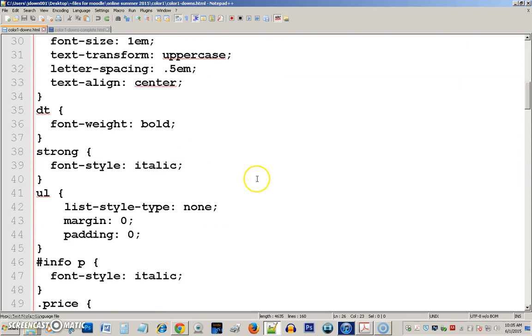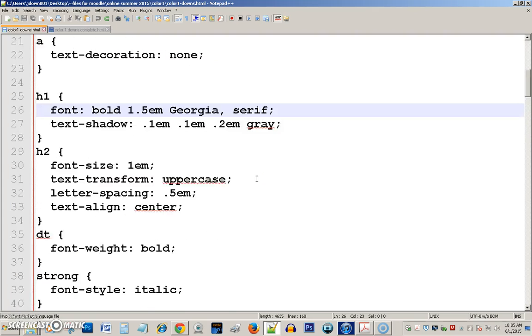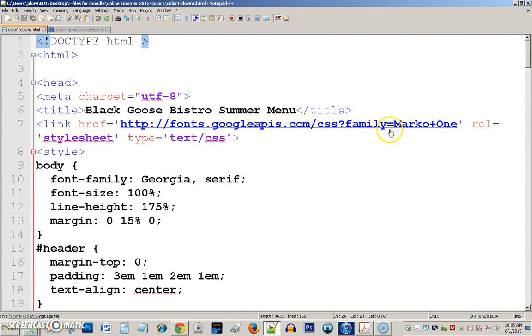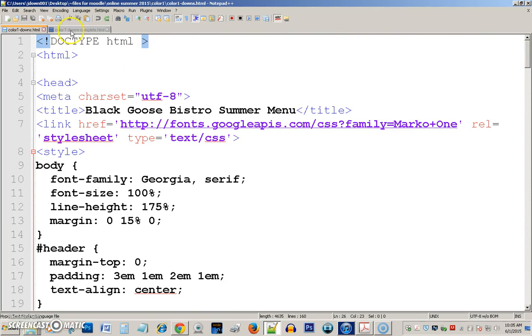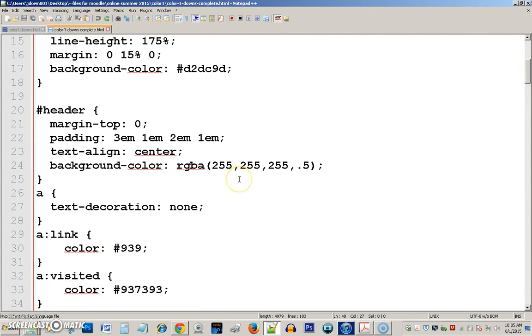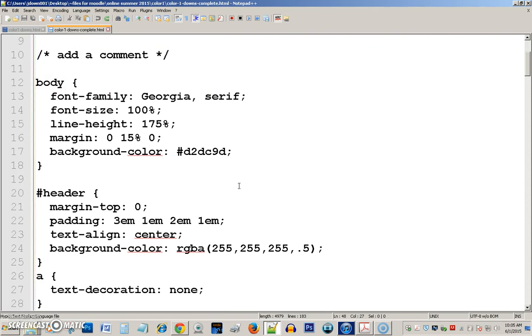We see Georgia again, right? That font's not used anywhere here. How would you use this font? Well, it's calling for a font called Marko One. Okay? And I'm going to go to the completed version of this file, which has got a lot more CSS in it, the CSS that you will be writing,